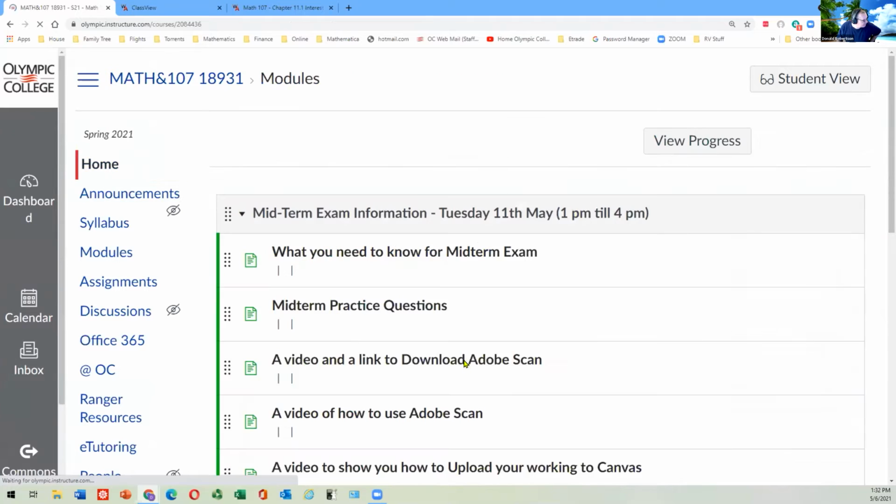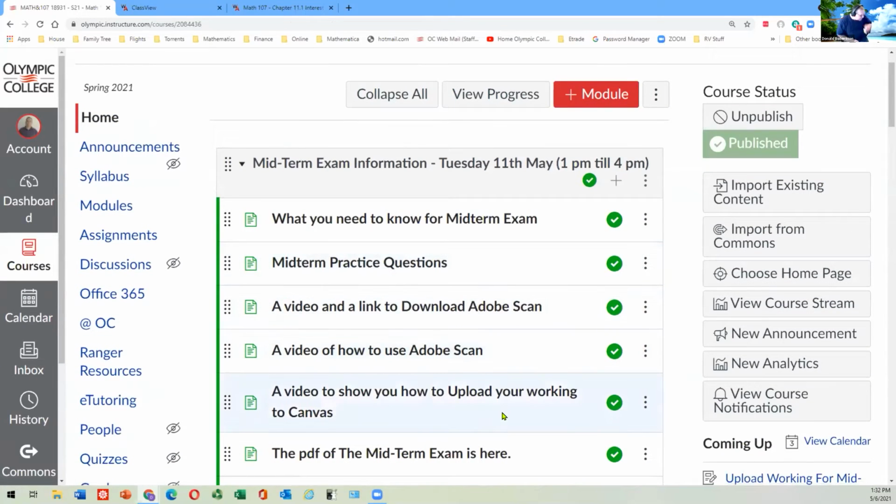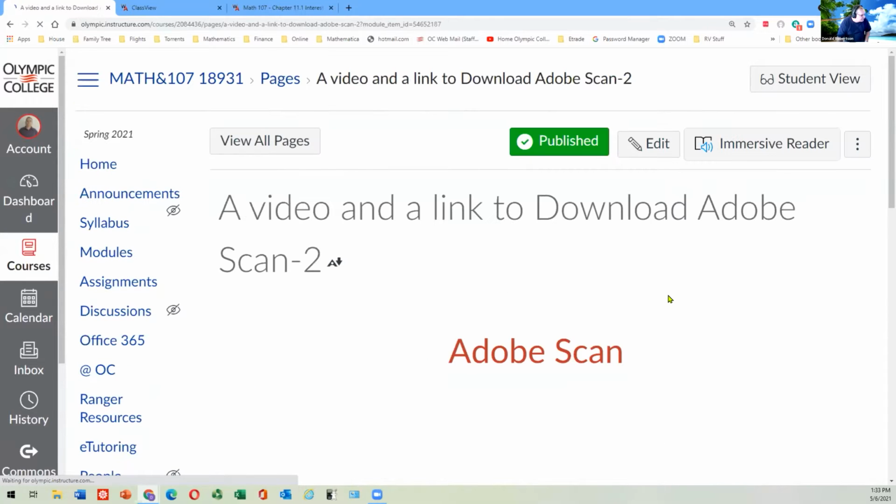So if I go back to there, we're now going to look at this program that I keep mentioning called Adobe Scan. And what I've got here is a video link to download. It's a video and a link to download Adobe Scan onto your phone. So if you click on this,